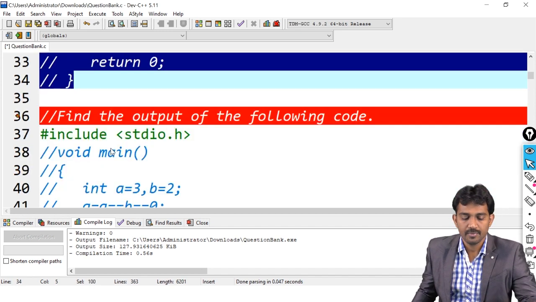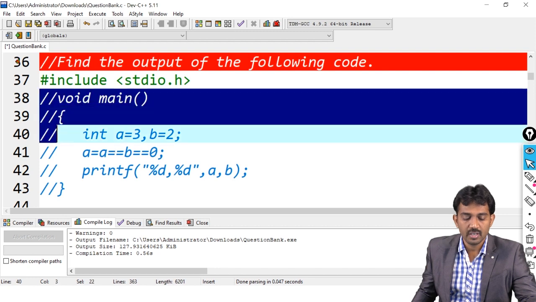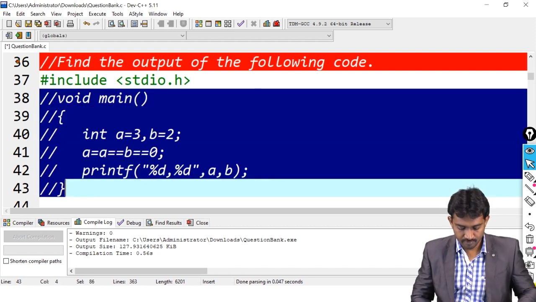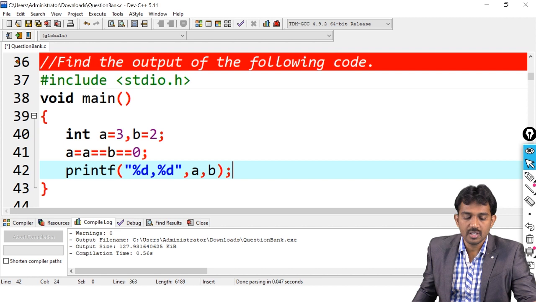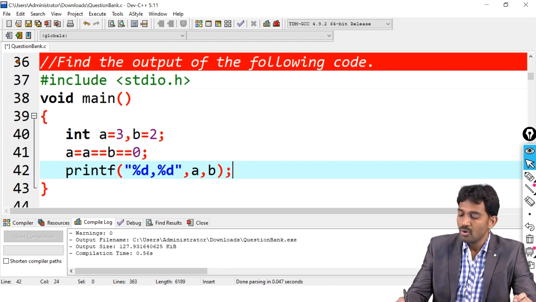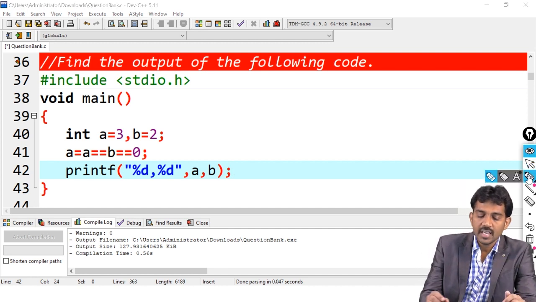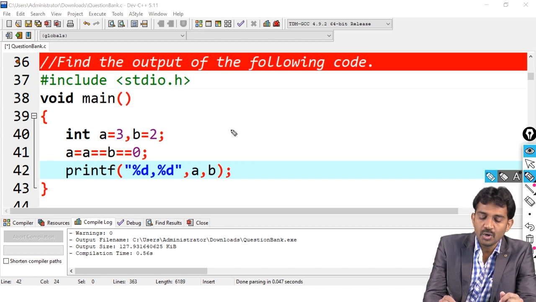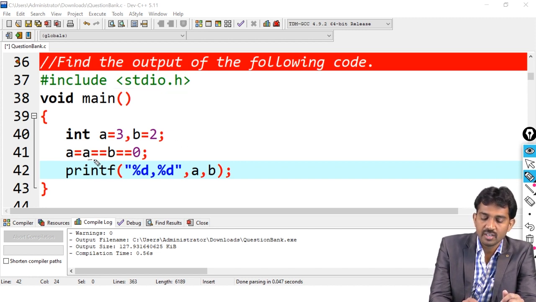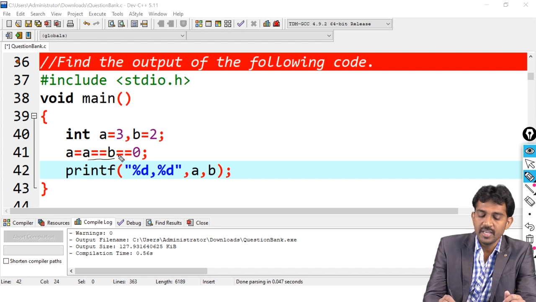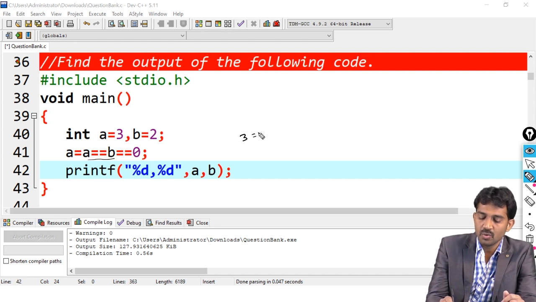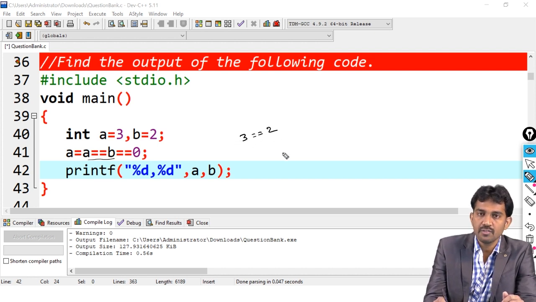Now, we'll see the next problem. What is the code they have given? This is the code, right? Int a = 3, b = 2. What is the output of a and b? What they did here? a = b. First, it is going to evaluate this one. a == b means 3 is equal to 2. Condition false, right?